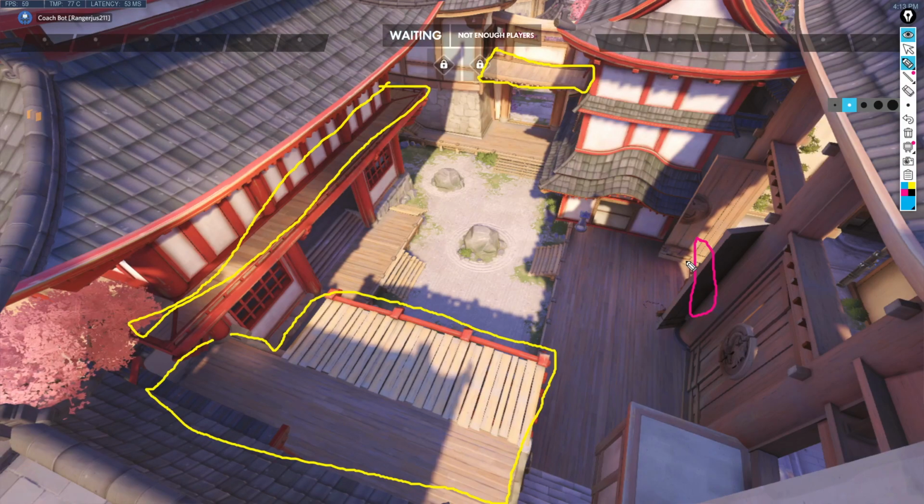So Tracer, Widow, Genji, no, Pharah is good against clusters. Damn, I should have had the hero list open so that I could do this a little bit smoother, because I always forget some of the heroes. Give me one second. Okay, so it's not going to be good for...